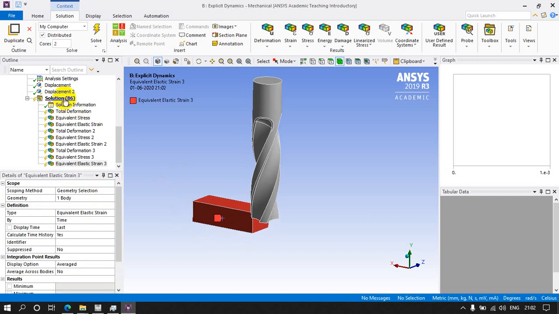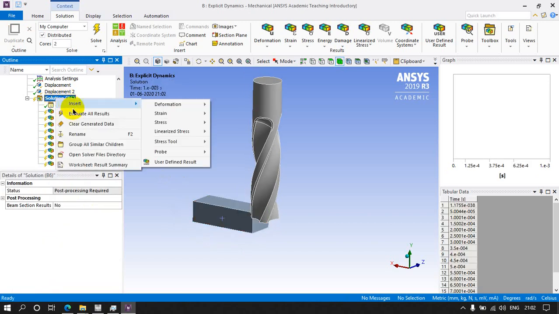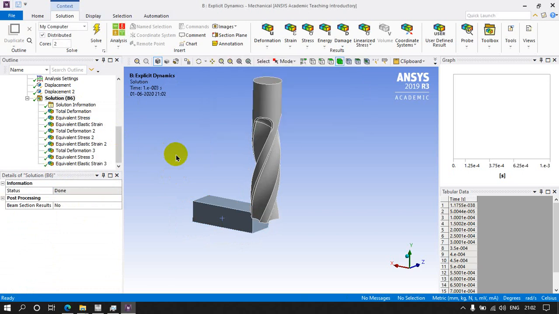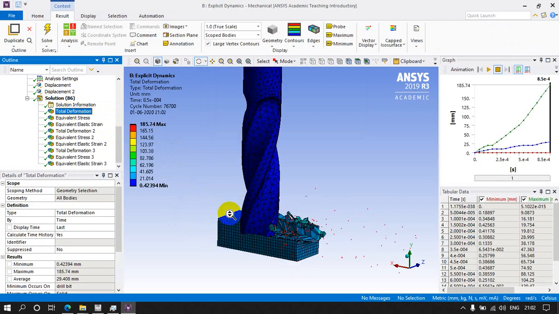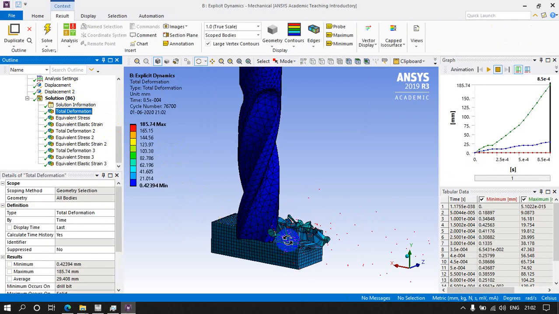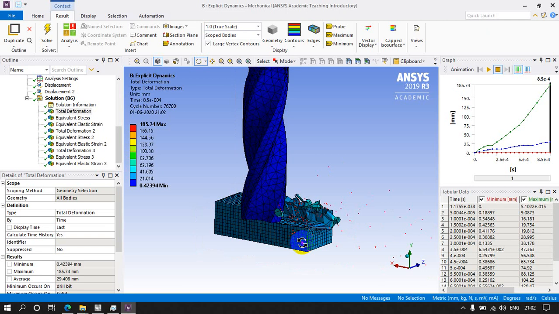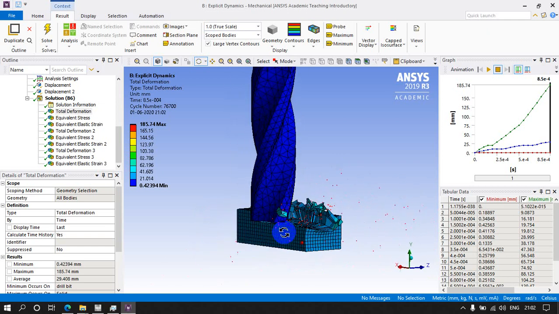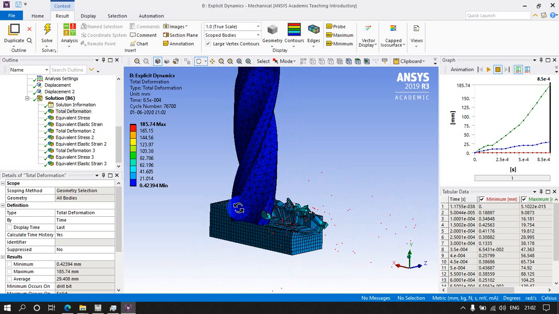Let's see results. Click on solution, right click, generate solution. See, let's see the answer. Click on deformation. Now it is coming, but I'm not quite sure because of the mesh. Okay, but we can see the answer. Let's see an animation of that.